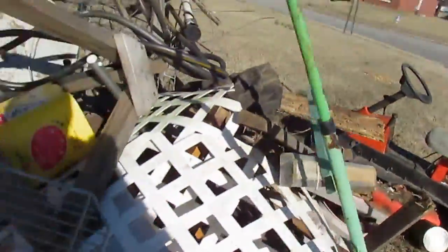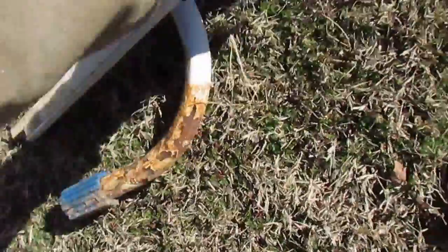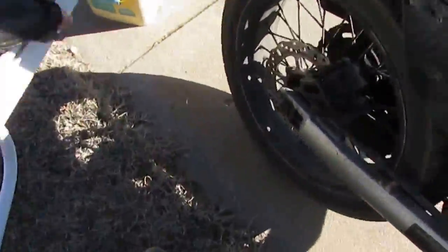And whoever comes with the truck and snatches that stuff up, we'll just take those little tin shelves too. I might have to come back for these doors. I'm actually gonna get some nice pieces out of it. That's gonna be quite a bit of aluminum, but that window's already cracked and broken in there, and I don't want to shatter some glass in this yard, so make sure it's all aluminum. Yeah, it's all aluminum. These are some valuable pieces of aluminum in here, so